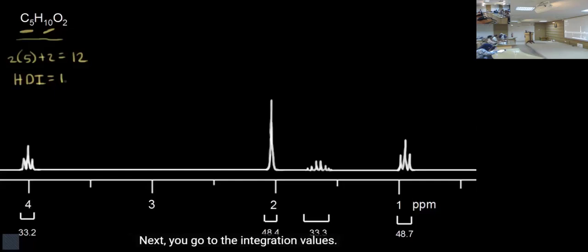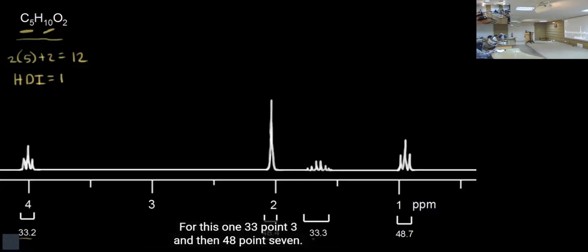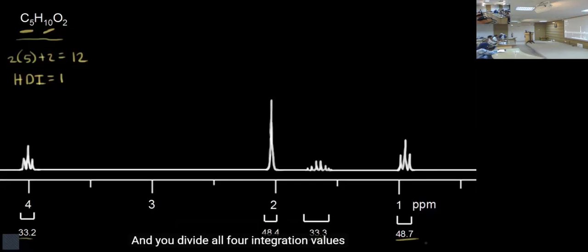Next, you go to the integration values. So for this signal, an integration value of 33.2. For this one, 48.4. For this one, 33.3. And then 48.7. And you divide all 4 integration values by the lowest one. So the lowest one would be 33.2. So